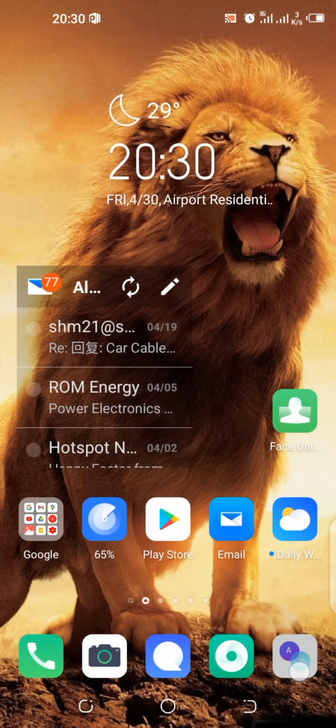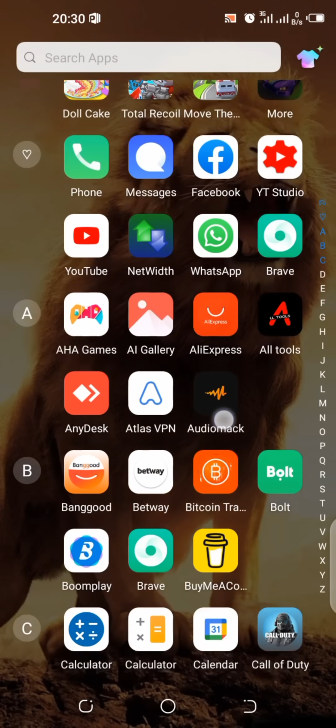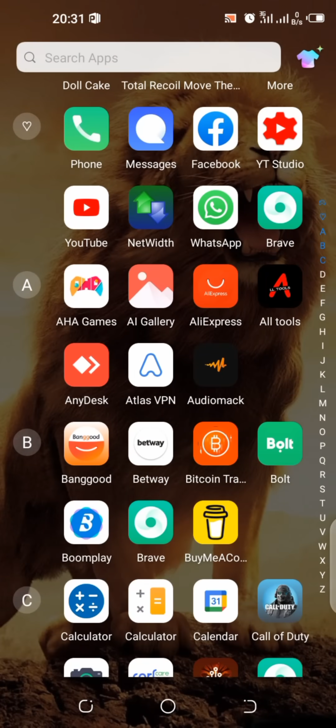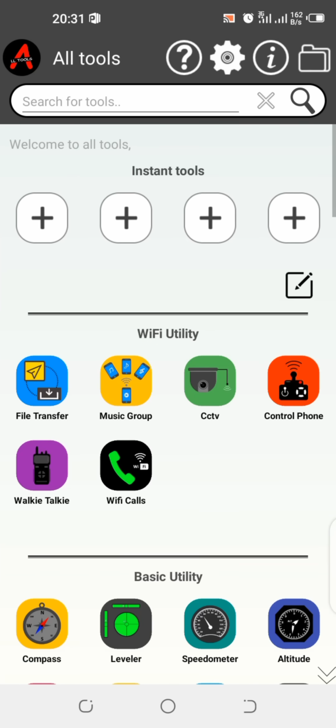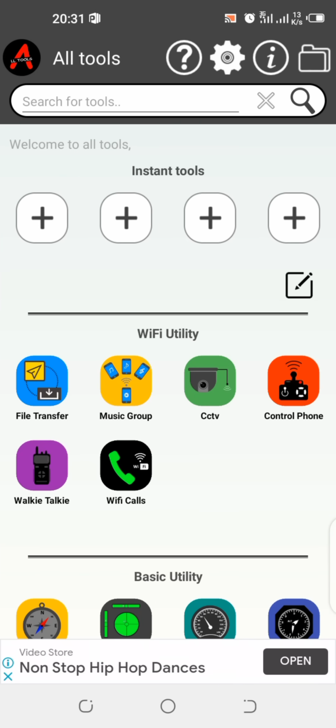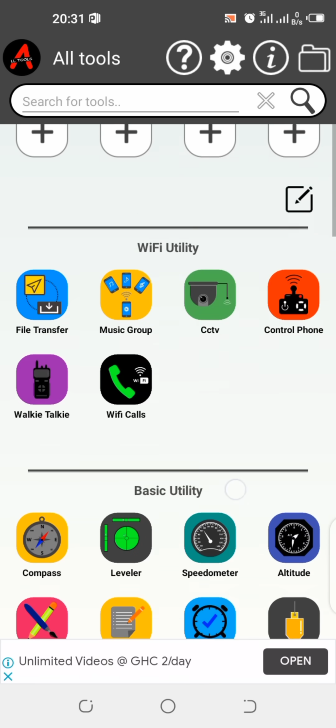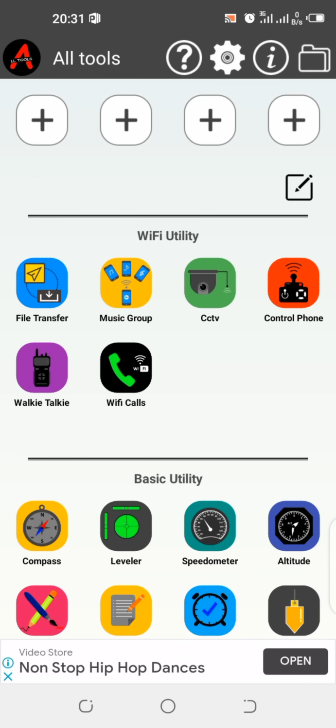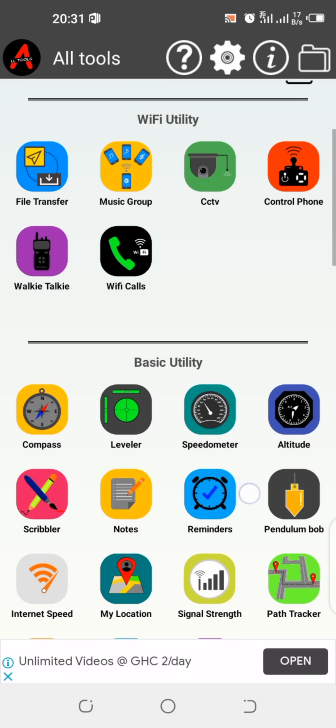In this video, I'm going to briefly show you a tool I've been using called All Tools. This application contains about 69 applications in it. It's like 69 applications embedded in an application. When we delve into this application, we have some